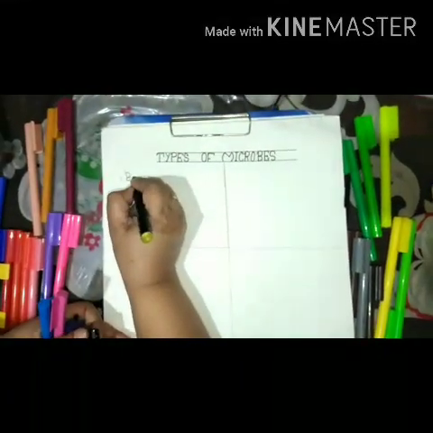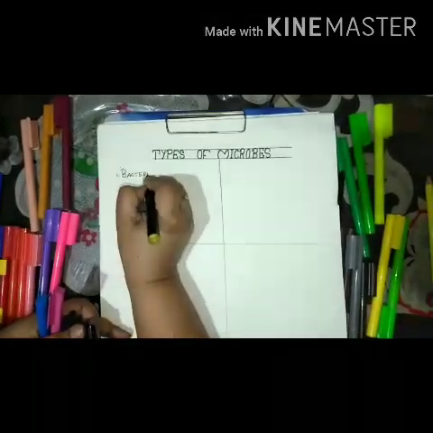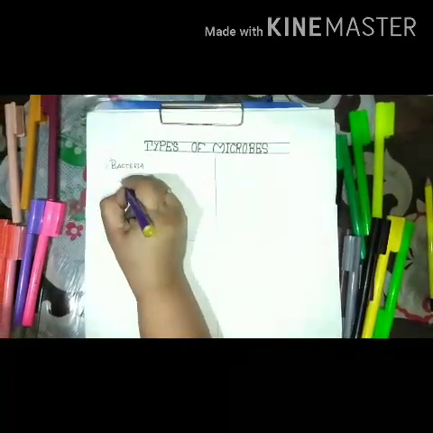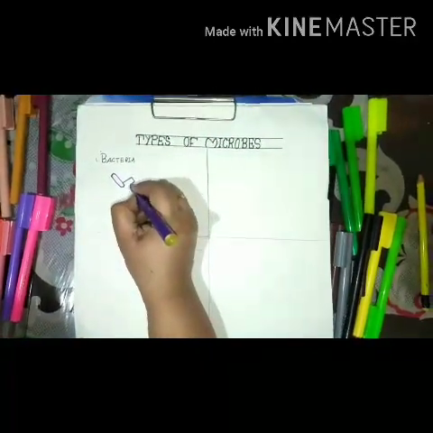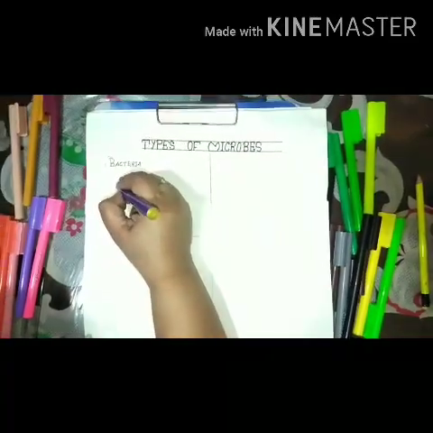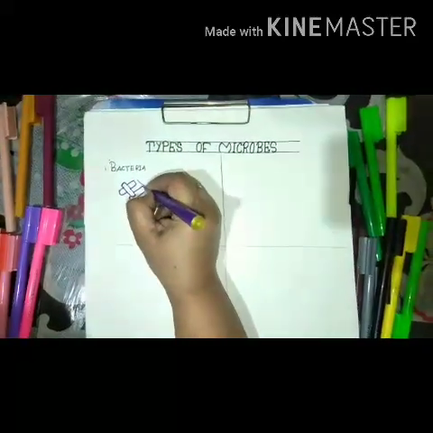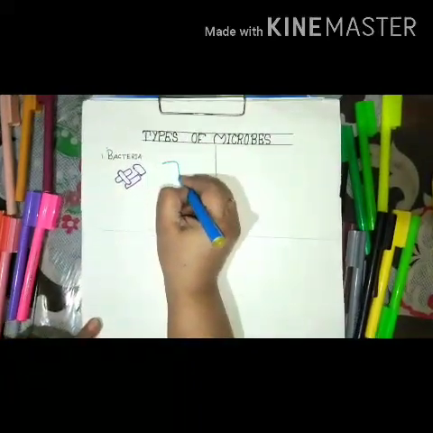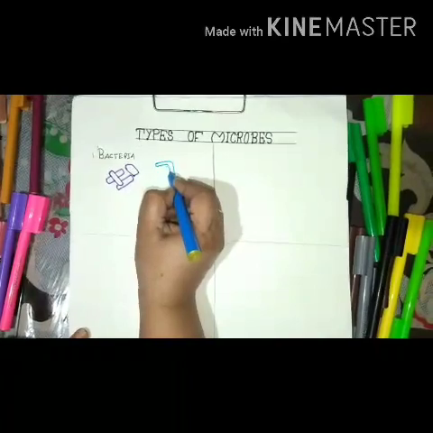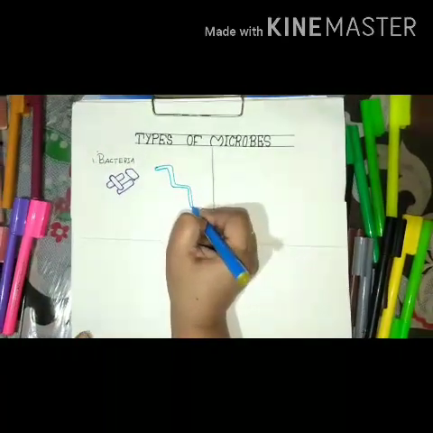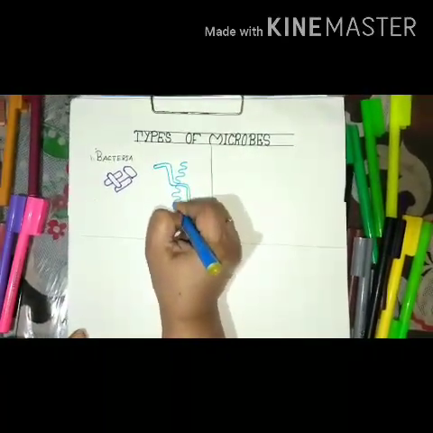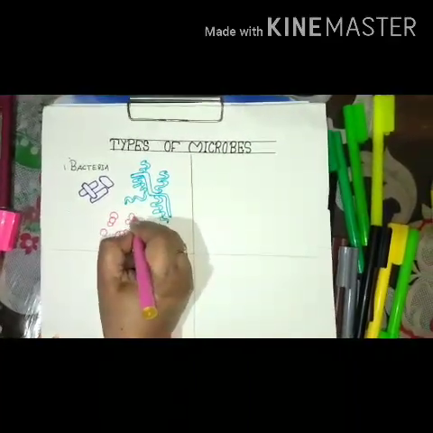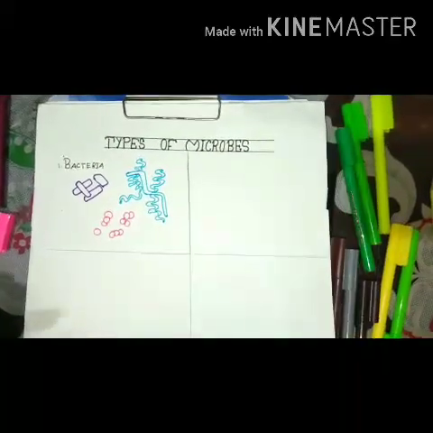Now we will be drawing the kinds of microbes which attack our teeth. There are 4 types of microbes. The first one that I am drawing is the bacteria. The bacteria are of different shapes and sizes also. These, which I have drawn just now, are cylindrical, and now I am drawing a wavy and curly shape. I am going to draw them with a blue sketch pen, and some are having round circular shape.